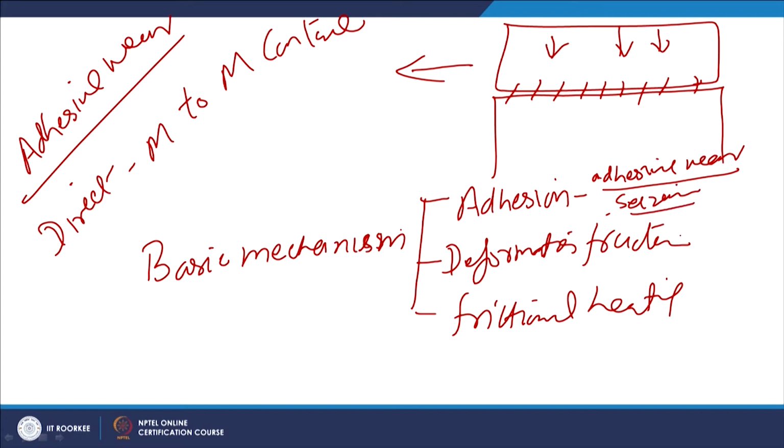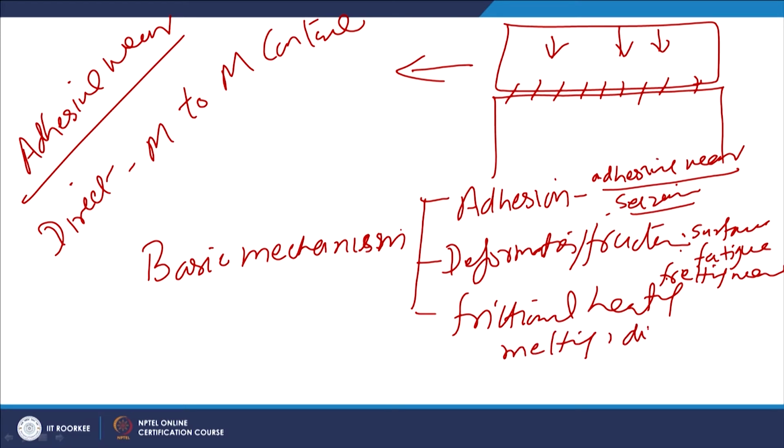The deformation and the fracture are involved under the conditions of surface fatigue wear and fretting wear, and the frictional heating plays a big role in melting wear and diffusion wear. So, these are the three broad categories of the fundamental mechanisms involved in the adhesive wear, and as we have